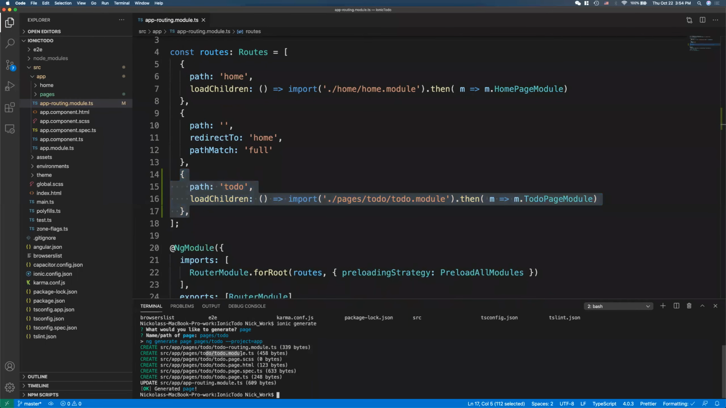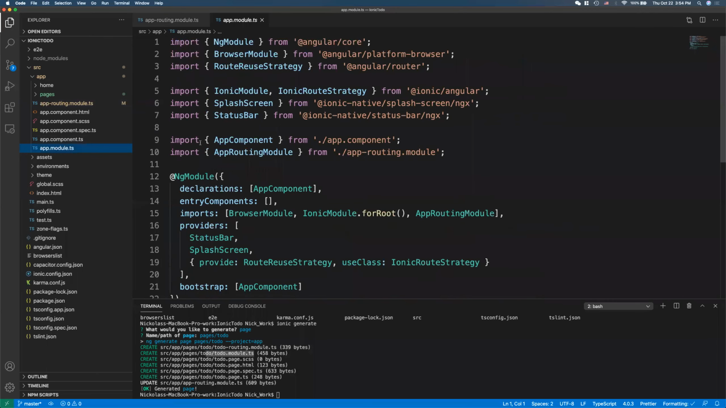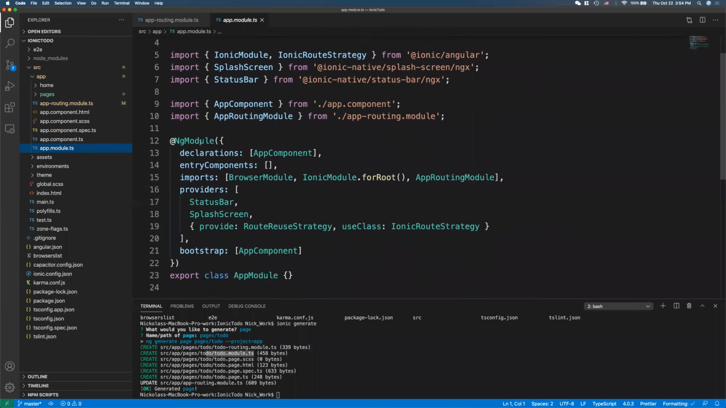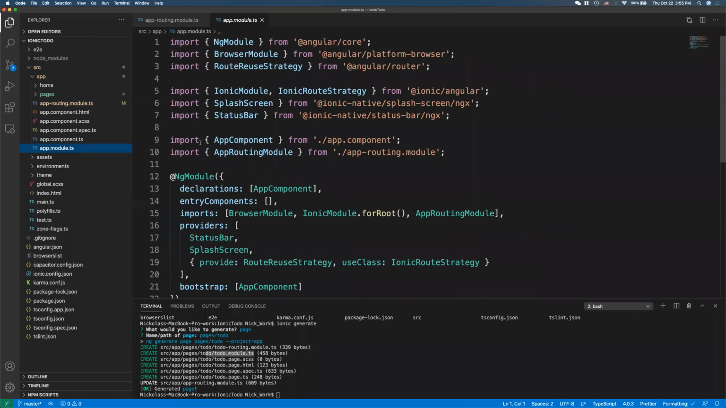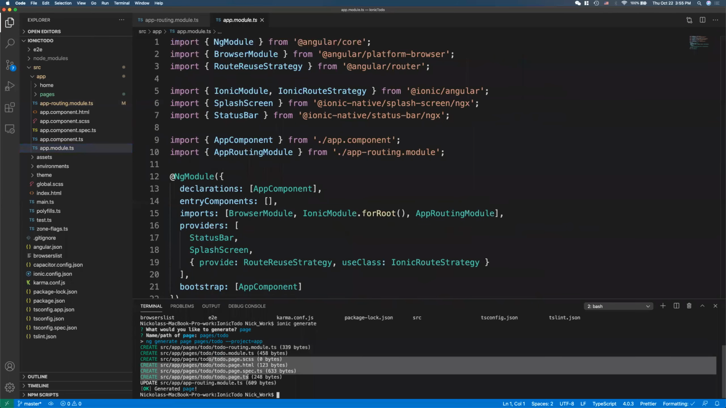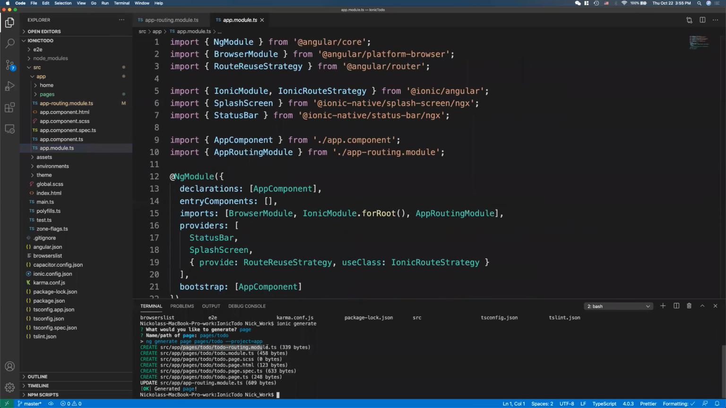You'll see it modified the module TypeScript. So it added the import. I believe Angular did do this. It added the import for my to-do page. It also added a CSS, HTML, and TypeScript file. And one thing, sorry, this is creating it, this is updating it. One thing that you're going to have to get used to with Ionic,